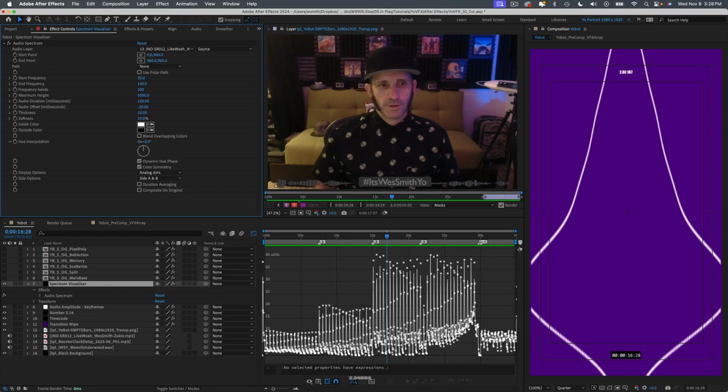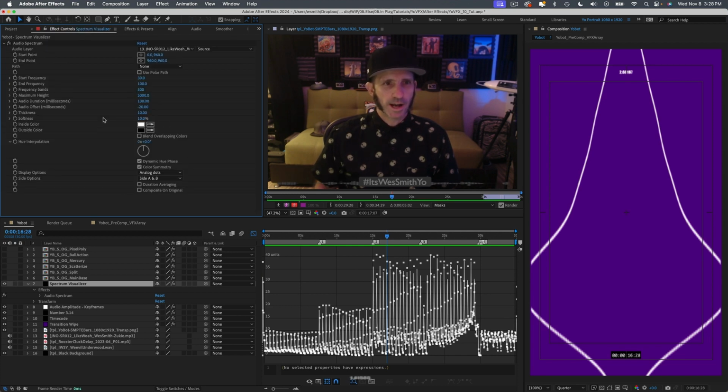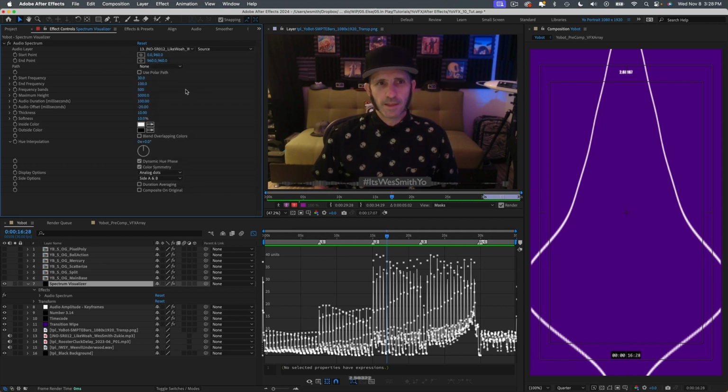But what about the waveforms? Moving on, as I mentioned, that was the spectrum visualizer. There's also a waveform visualizer, and I don't have that set up here, but it would essentially work the same. You just go to the effects, find that waveform effect instead, and you drag it onto the layer. You have to assign it to the song in the same way, and then what it does